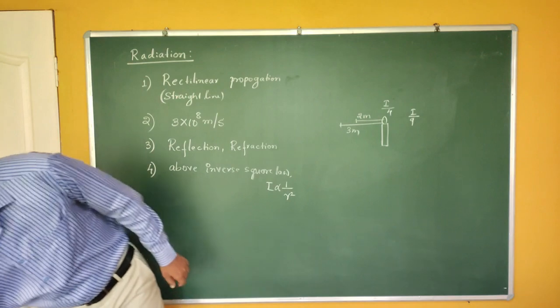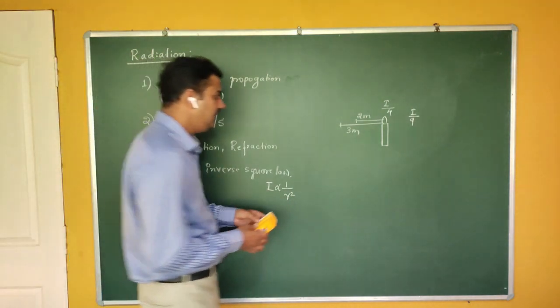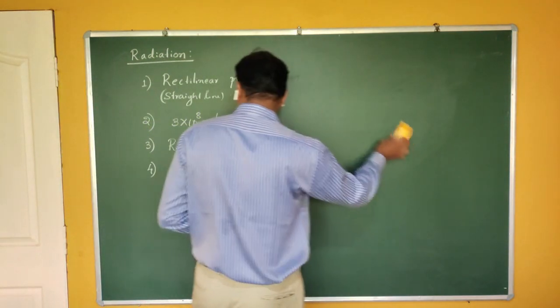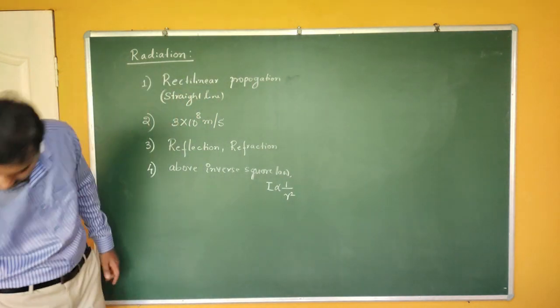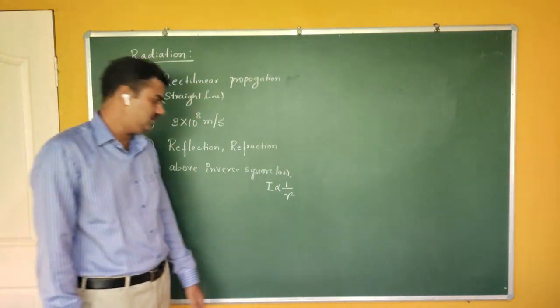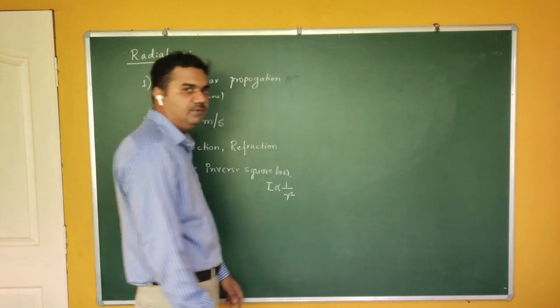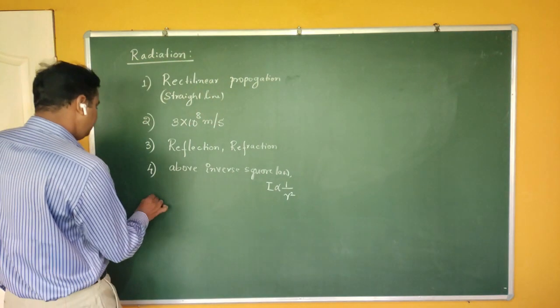So this is called inversely decreasing. Okay, square times inversely decreasing. So just like Coulomb's law and the gravitational law, this also obeys the inverse square law. Okay, next is,